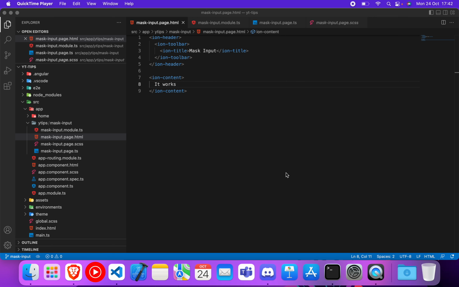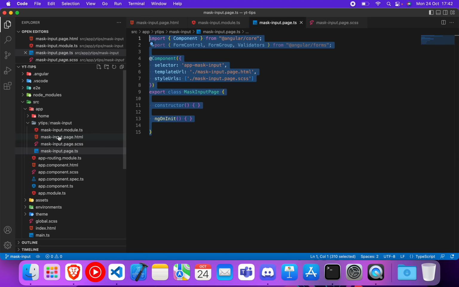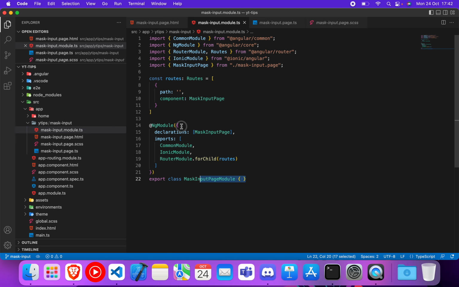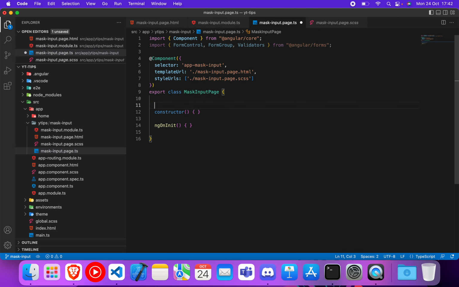Today I'm going to talk about mask input. So let's get started. I have here a mask input page with HTML and TypeScript and a basic module. Alright, first I'll create a form group